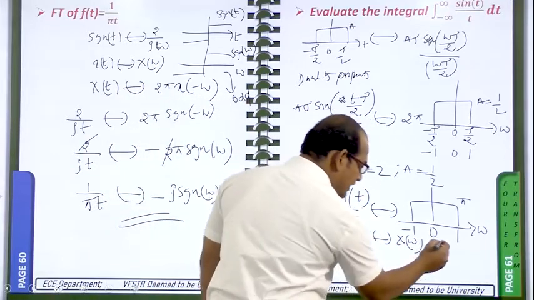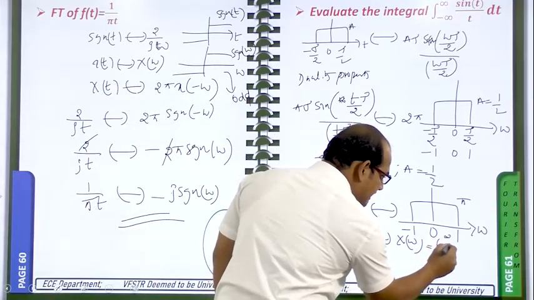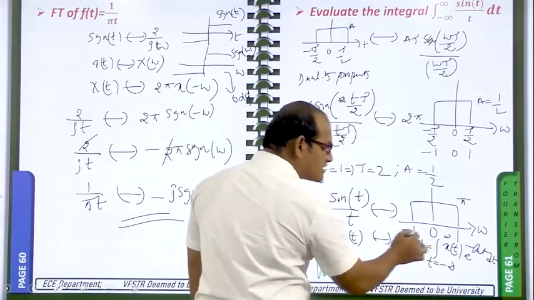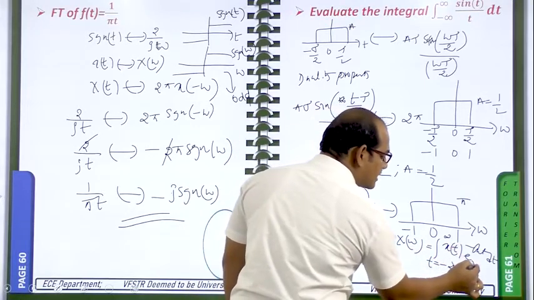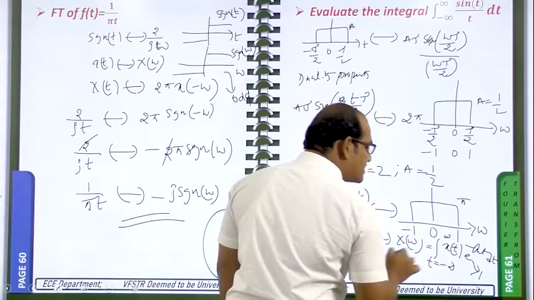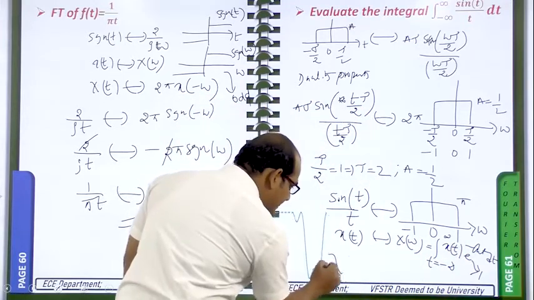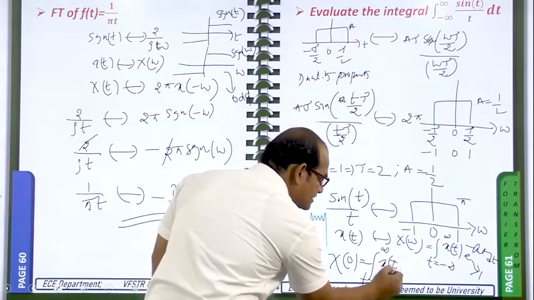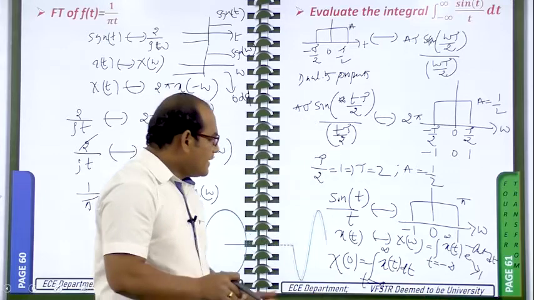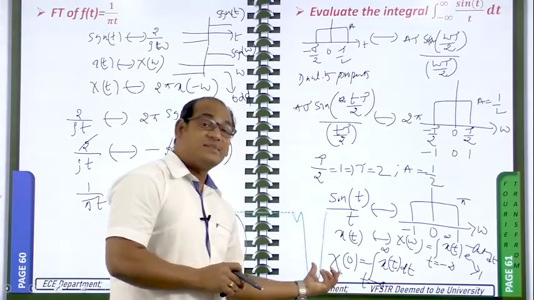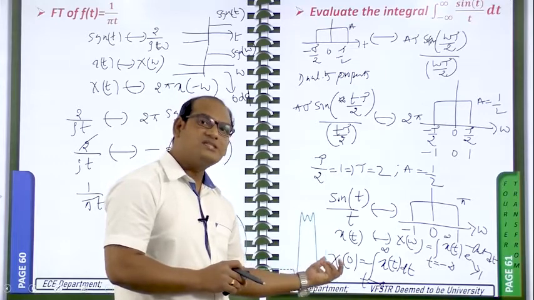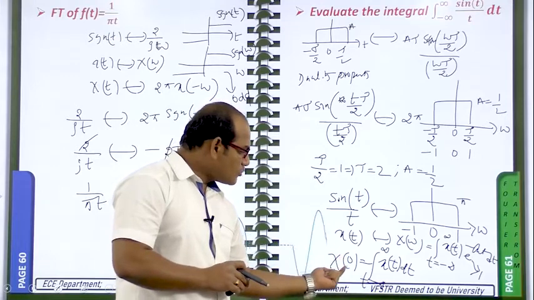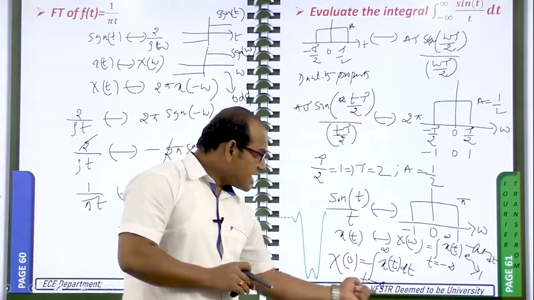It is equal to the integral, t from minus infinity to plus infinity, of x of t e power minus j omega t dt. So here also the integral of x of t is there, but here e power minus j omega t is there, so it should become 1. That means you have to substitute omega equal to 0. That means the spectrum at 0 is nothing but the integral, that means the area under the signal only. So the area under the time domain signal is nothing but the spectrum at 0. X of omega means the spectrum, the frequency domain representation. So the spectrum at omega equal to 0 represents the area under the time domain signal.